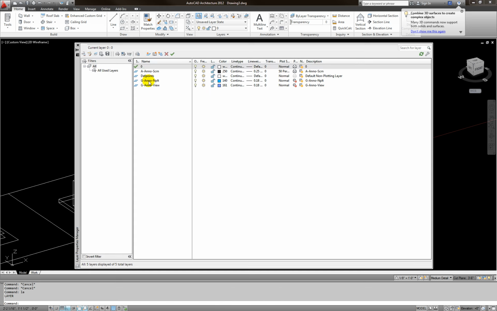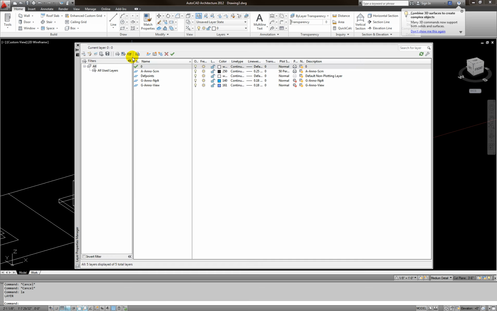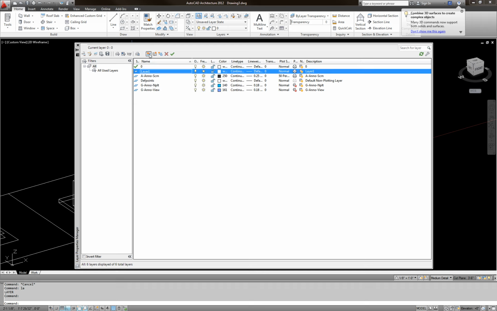So these are the current, if you type in LA, enter, this is the default layers. Okay, guys, but I want you to create 3 new layers, 1, 2, 3. See layer 3. If you click inside the layer, you can just call this pen